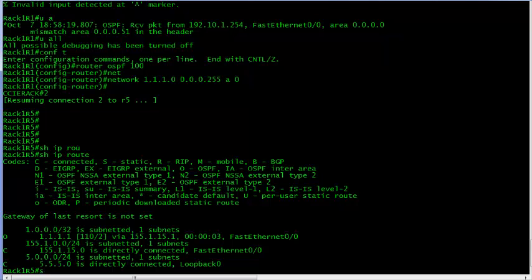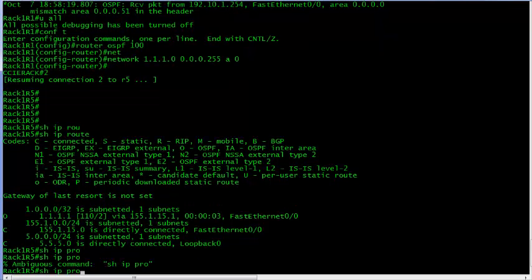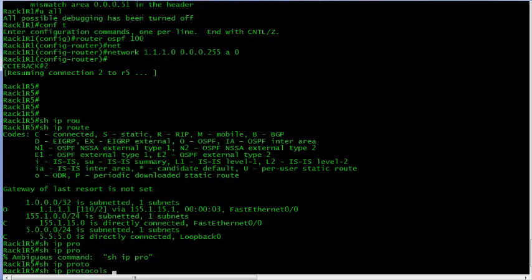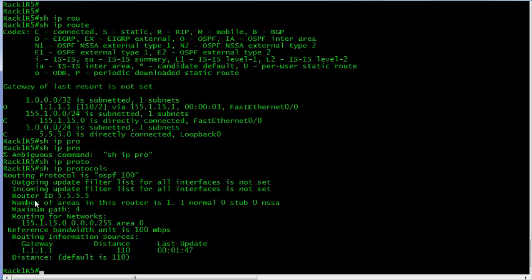If I check show IP protocols, can you see OSPF is configured, and can you see the router ID? It's 5.5.5.5. Now whenever you configure OSPF on a particular router, the highest